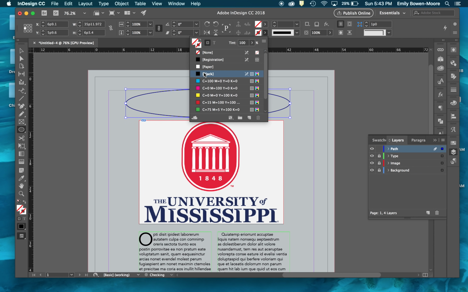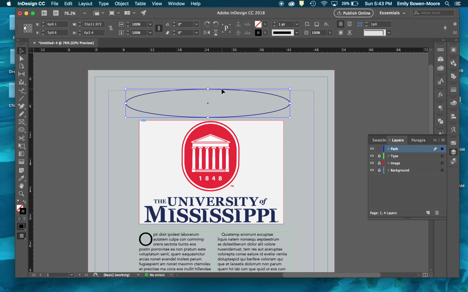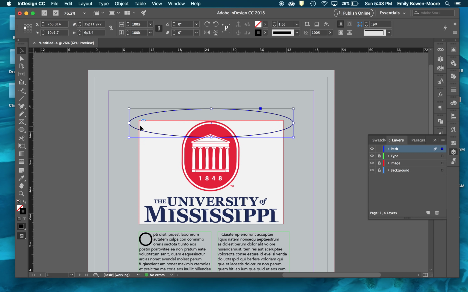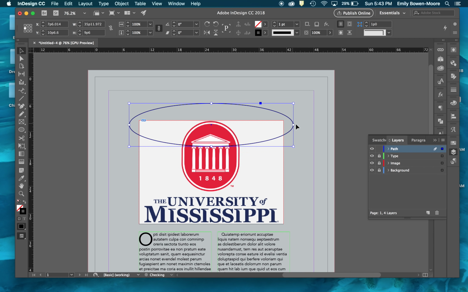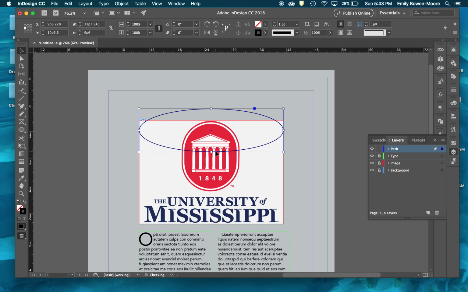But just for the purpose of being able to see it while we type there, I'm just going to add a stroke weight to it for a second. And I'm going to center this along with the image so I can see the arch going above it. And I can make that more acute if I want. I can pull this up, I can pull these edges in. I can create whatever arch that I want there. And I'm going to have to deselect it right now, which is why we added the line so we can see that path. So now that we've created the path, I'm going to go back